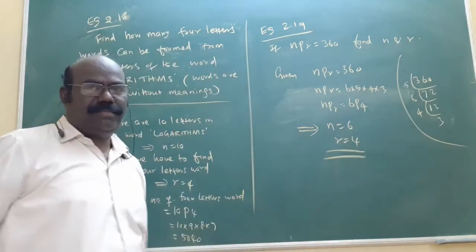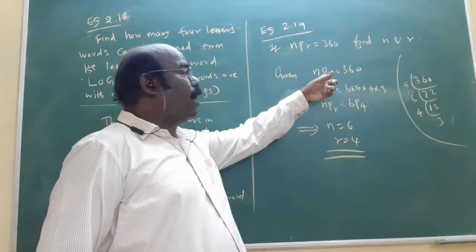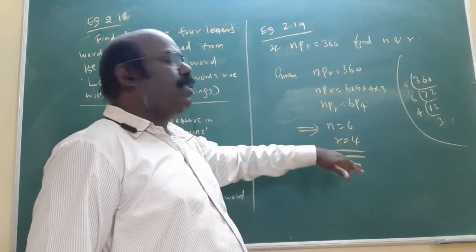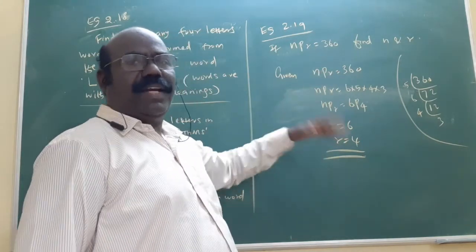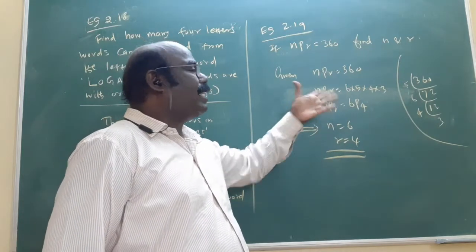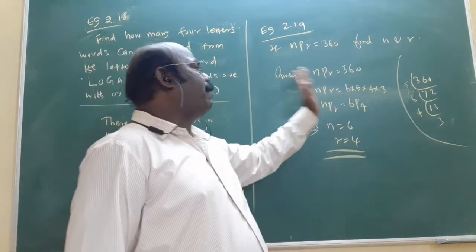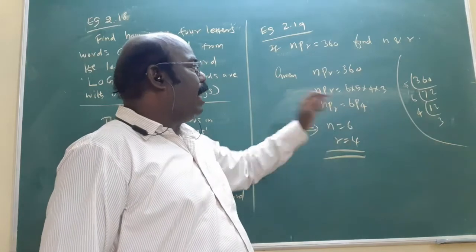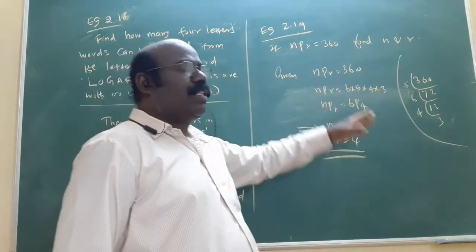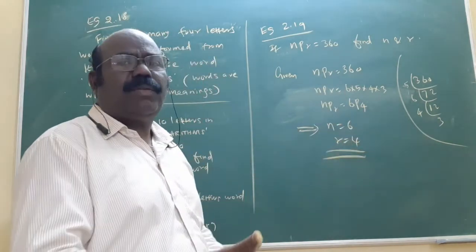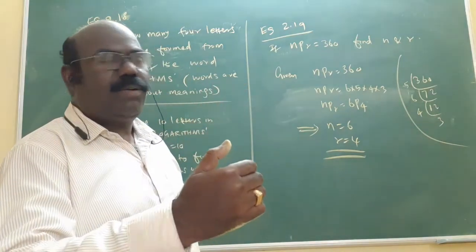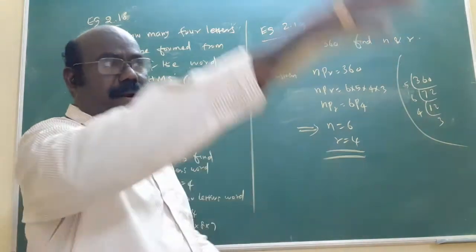This is an easy method. Another method is using the formula on the left hand side, afterwards simplify, solve the equation, and we get the answer. But this is the easy method, the guessing method. Left hand side nPr is there. Right hand side, what is the formula for nPr? Start with the number, the next number is decreased by 1, the next is decreased by 1 again. In this way it goes on.